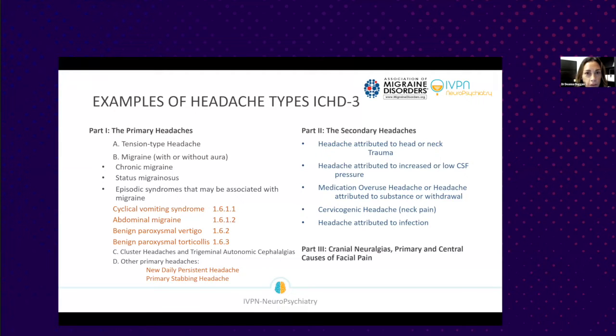So you can have, for example, a child who had episodic migraines, but then they experience a concussion, and now they have a secondary headache attributed to head or neck trauma, and then that secondary headache can in turn exacerbate the primary headache. So the point of this slide is just to give you information that there are specific criteria out there per the International Headache Society, and it really is helpful for us so that we can arrive at the most accurate and comprehensive diagnosis.